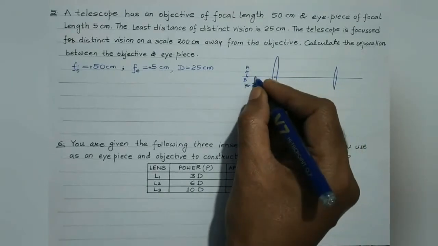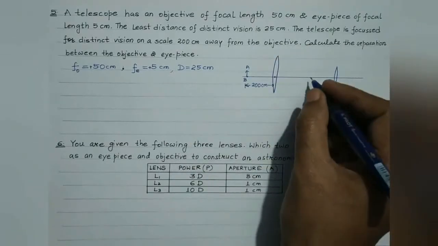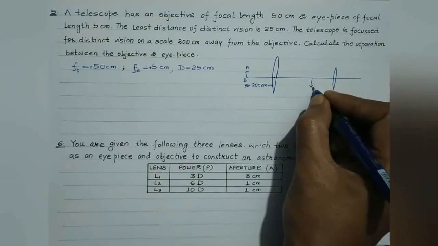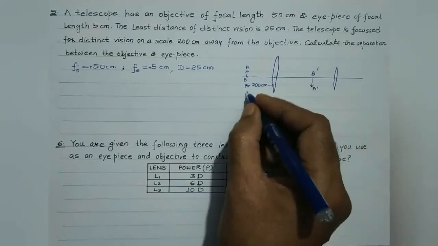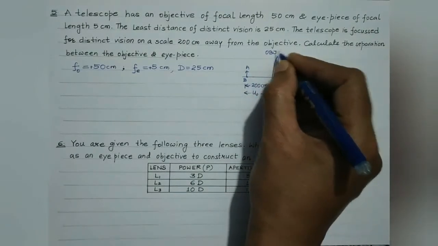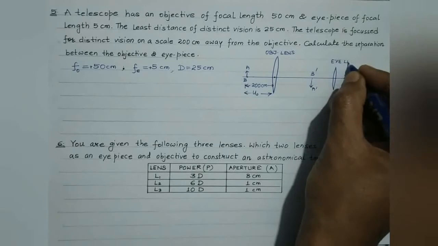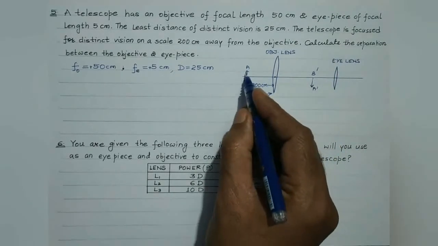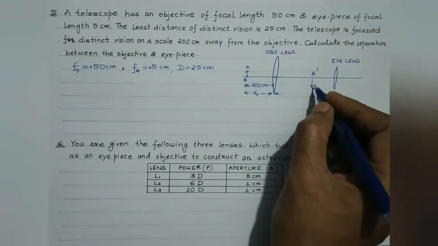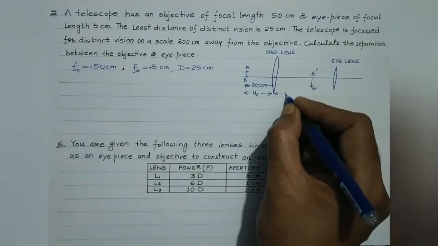So its focus is 50, somewhere over here. So its image will be formed on the other side, isn't it? Suppose its image is formed somewhere over here. This is A dash, B dash. Now this is U0. It will act as an objective, obviously. This is the objective lens, and this is the eyepiece or the eye lens. Now the distance of this object from the object lens is U0. A dash, B dash is the image of this object, isn't it? So its distance from the optical center of the object lens can be considered to be V0.